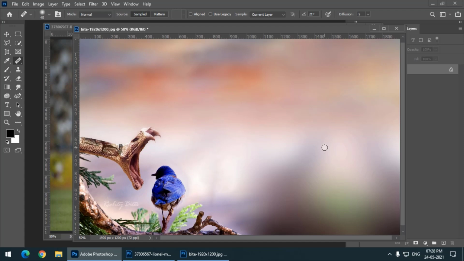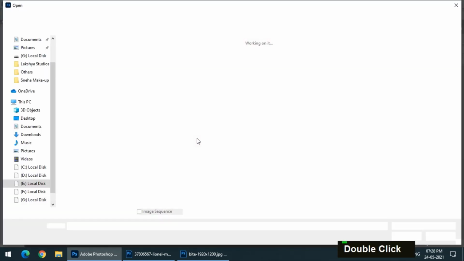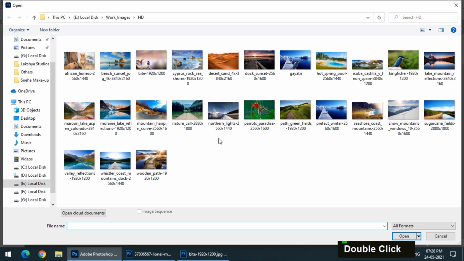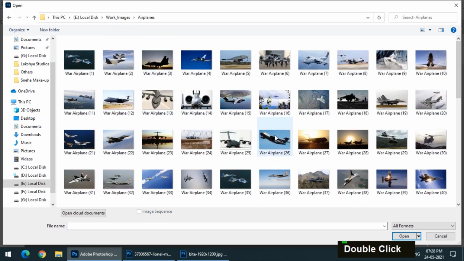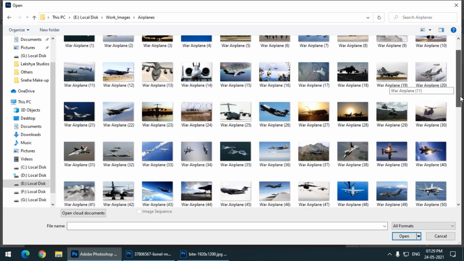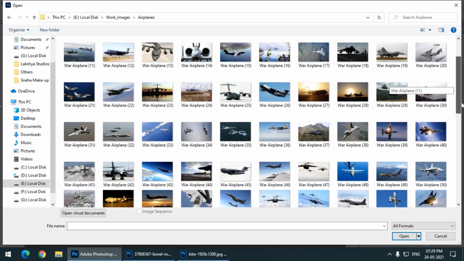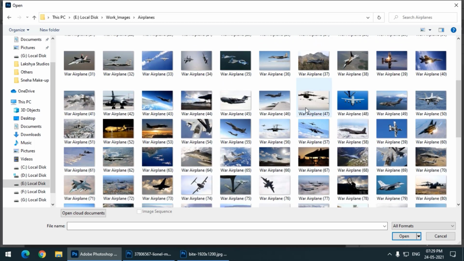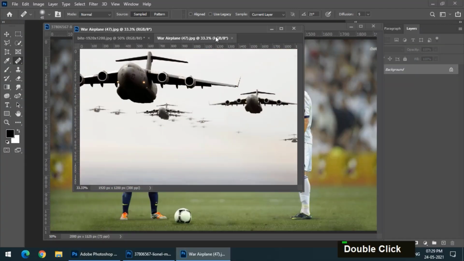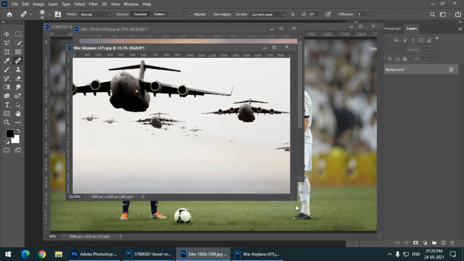So let's take another example just to be clear. Let's say a different example altogether. So this image has plenty of aeroplanes.